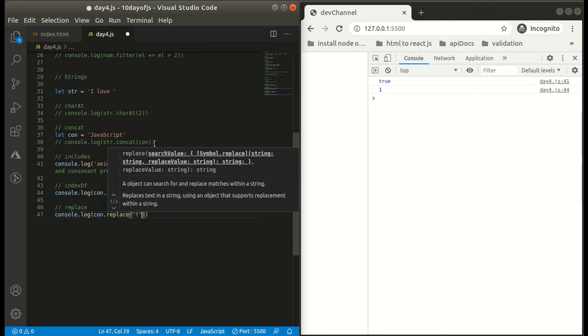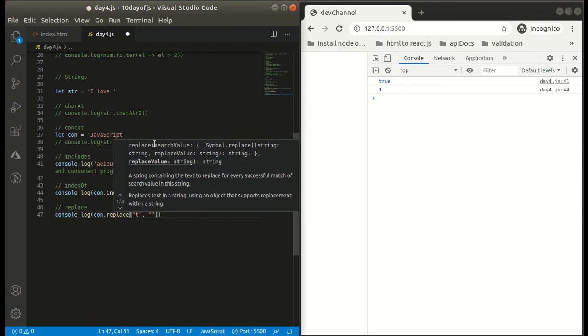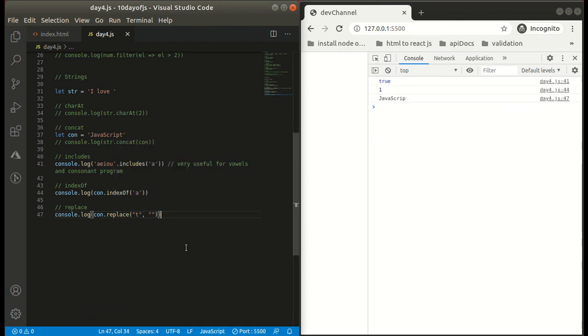Let us replace the t with nothing, and let's see. Yeah, we got JavaScript.